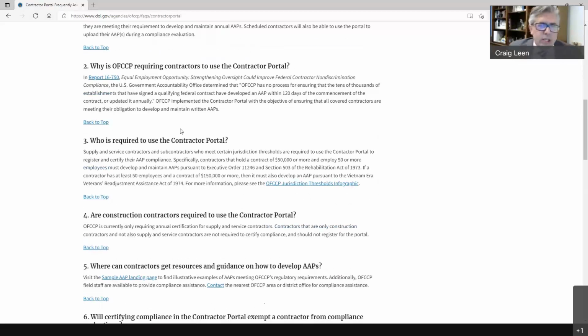So that leads to the question, why is OFCCP requiring contractors to use the contractor portal? I'm not going to read this whole one. What I will tell you is that it basically says that there was a Government Accountability Office report in 2016 during the Obama administration. So this whole program goes through 3 administrations: the Obama administration, the Trump administration, and now the Biden administration. And that report basically said that OFCCP has no process for ensuring that the tens of thousands of establishments that have signed a qualifying federal contract have developed an AAP within 120 days of the commencement of the contract